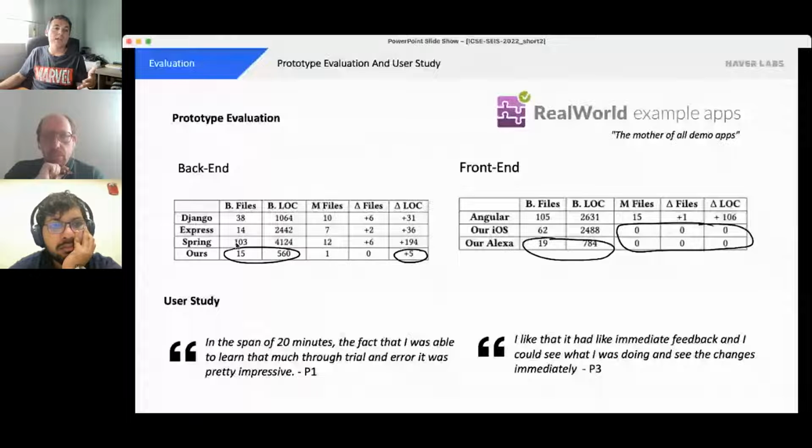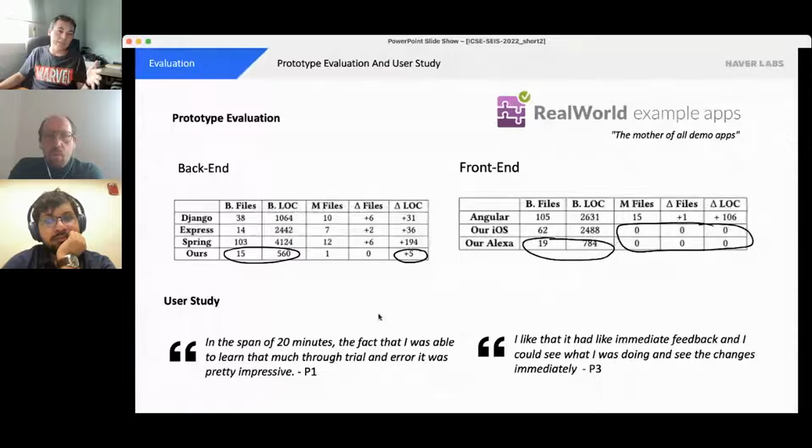As you can see here, in general, we need fewer lines of code to implement the same functionality. And if we introduce a change in this application, we can see that in our case for the backend, we needed to change just a few lines of code. And in the case of the frontend, because our clients are generic, we don't need to modify any line of code for introducing this change.